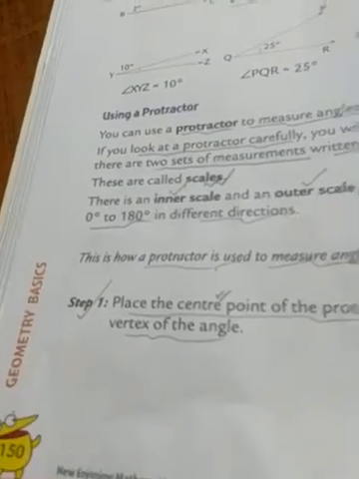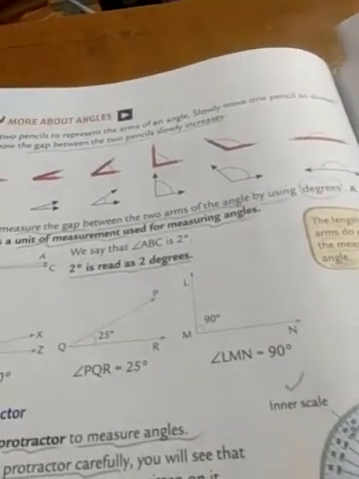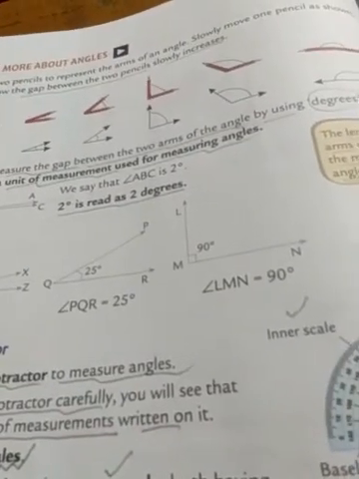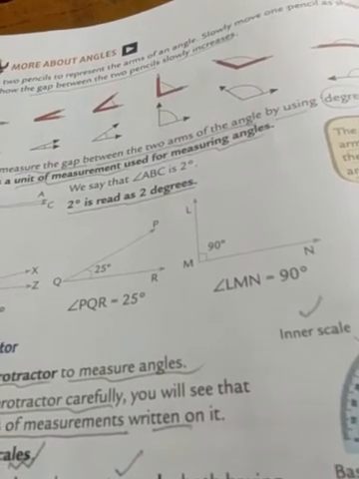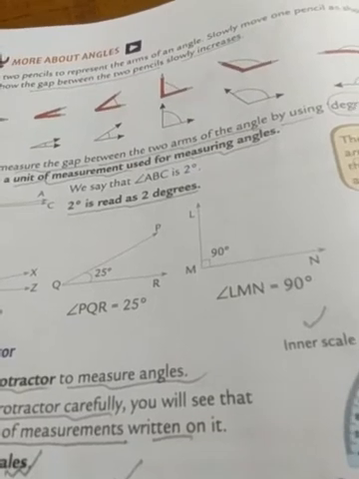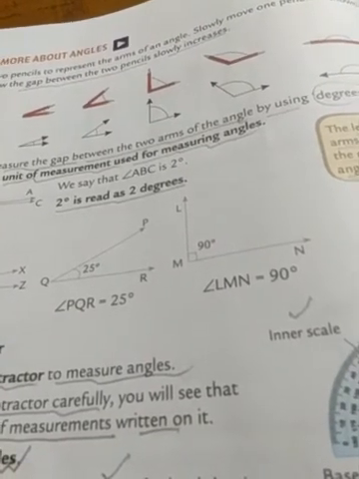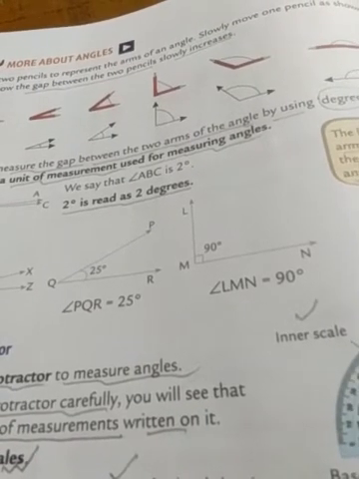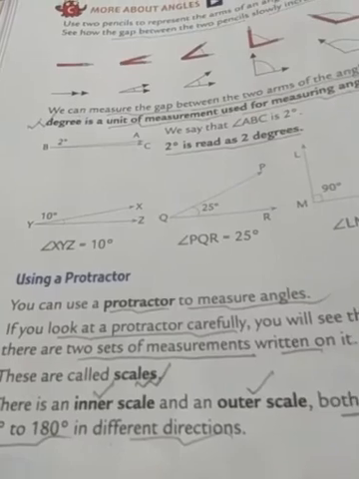This is exercise 10B. It is your homework. Now this is page number 150. Once again we are going to learn in detail regarding the different types of angles, but in this case we are going to deal with the term measurement, that is, how can we measure the different types of angles by using which kind of devices.